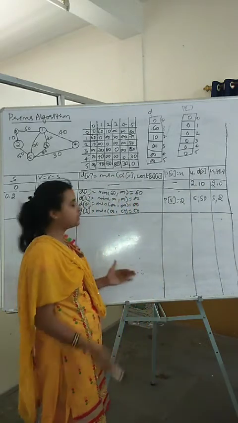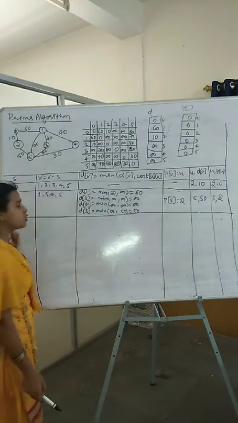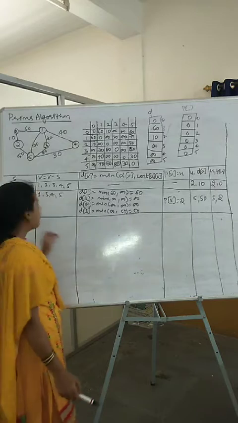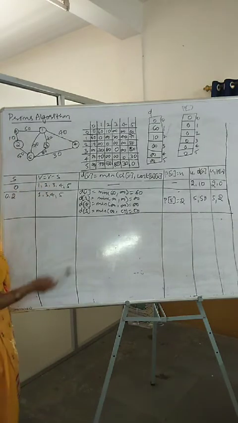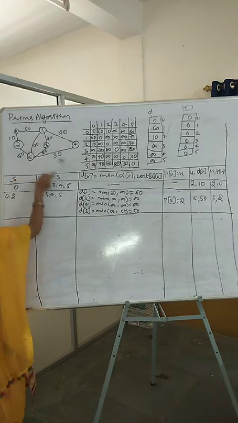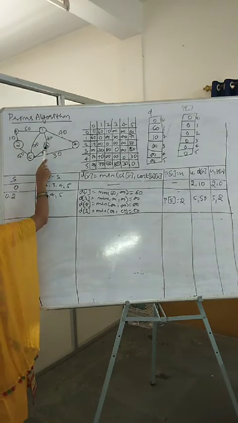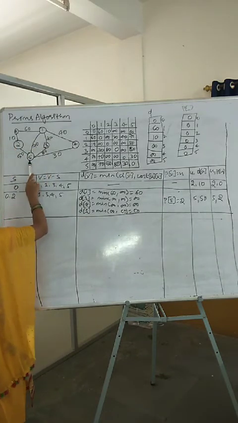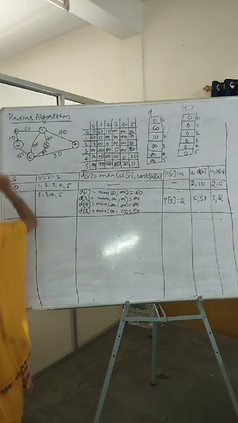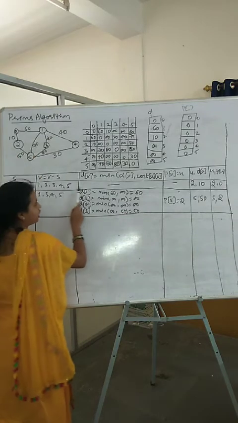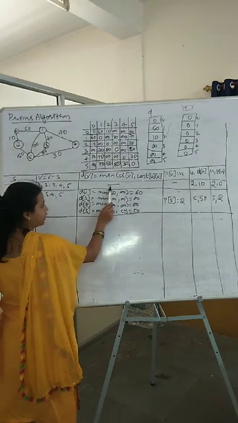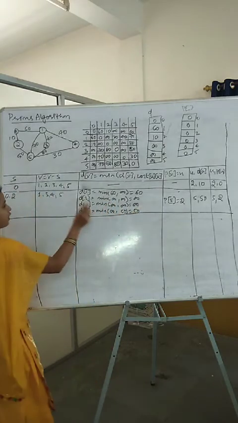How do we start? Let us see now. Again add the source vertex to S. Source vertex is 0. What is V minus S? I am removing 0. What is remaining? Total vertices are 0, 1, 2, 3, 4 and 5. Out of these vertices I am removing 0. So this is the remaining vertex. Since we don't know the value here at the first attempt, we are not writing anything here. Then find the u.